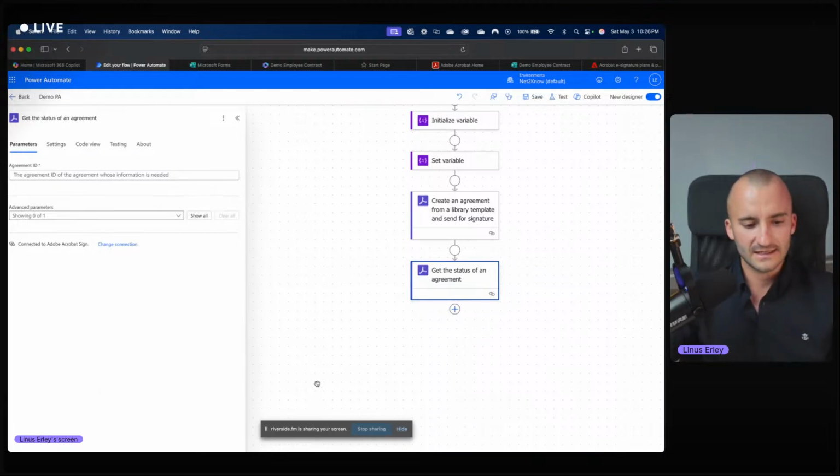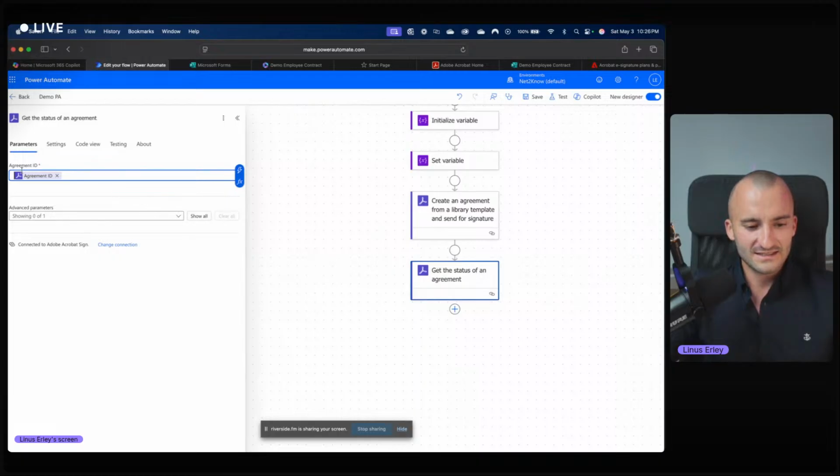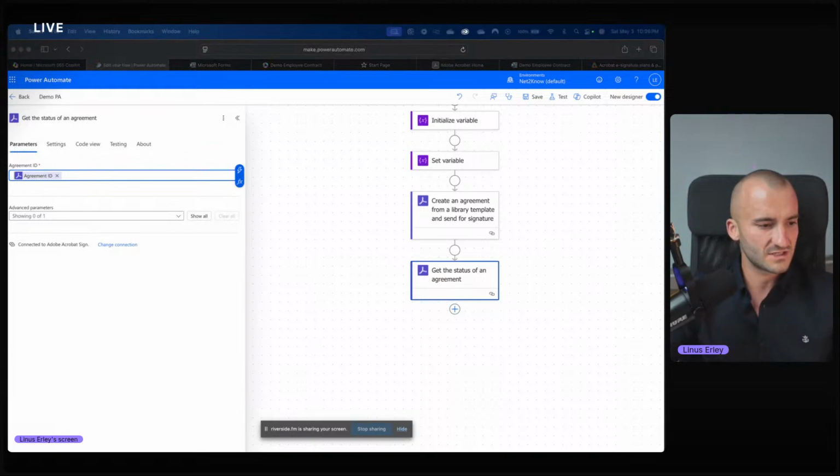This is pretty straightforward. Get the status of an agreement from what agreement? Well, the one that we sent out here, right? So we want to see if this agreement, first, let's set the agreement ID of this step, obviously, right? We're looking at this ID. We want to get the status of this agreement. So in Adobe, that's either signed, I think, or it's not signed or something. Honestly, not sure how the not signed is called, but we only look for